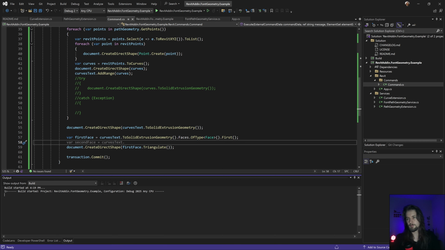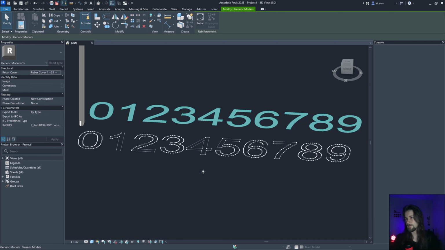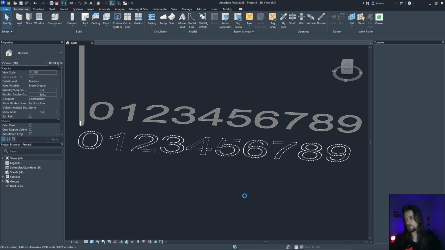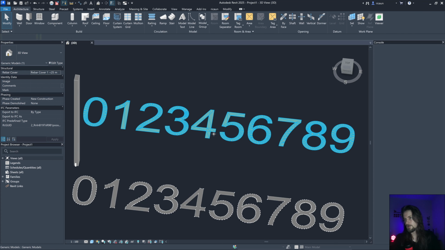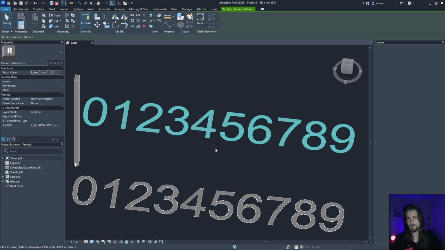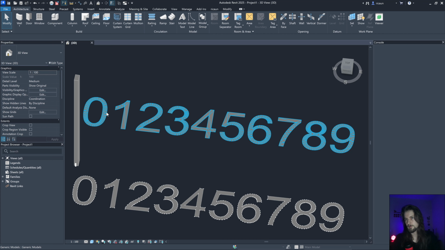And if I build that, here's my one face. That's kind of fun, all the triangles, all the meshes. So that's one way to do it.